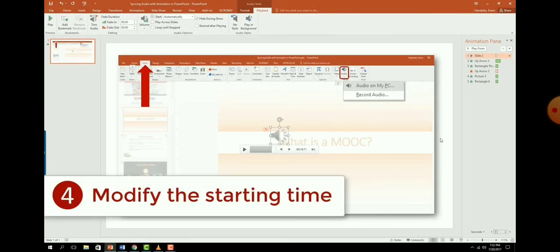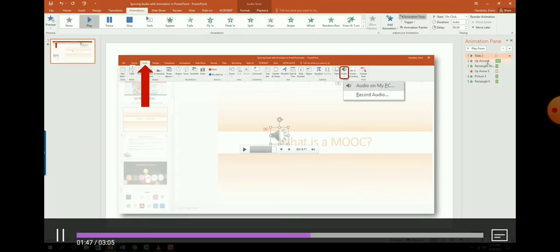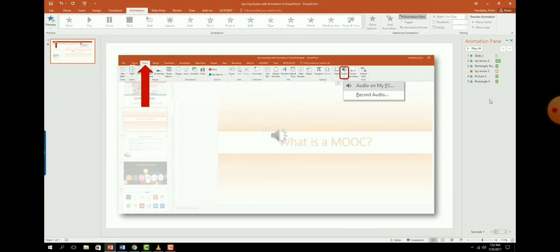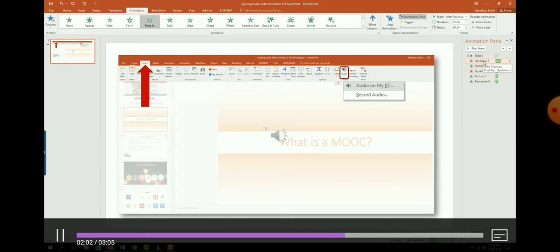The final step is to modify the starting time of the animations. Click the Animations tab, then select all the animations on the list here. You can do it by clicking anywhere on the animation pane. Press Ctrl+A on your keyboard. Change their start time to start with previous. Click on each animation and change the delay time based on your notes. You can